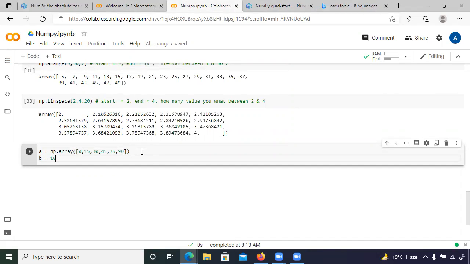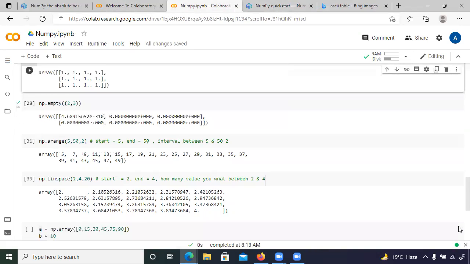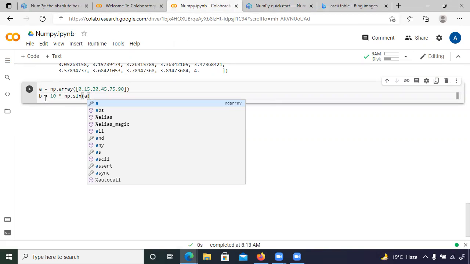Now you want to perform an operation. b is equal to 10 into np.sin of a. So for every a value, b will be calculated.